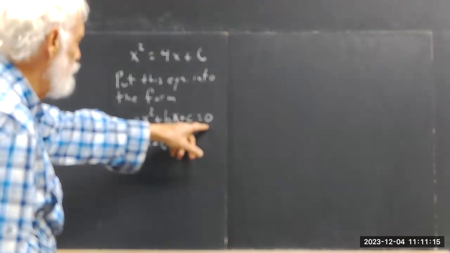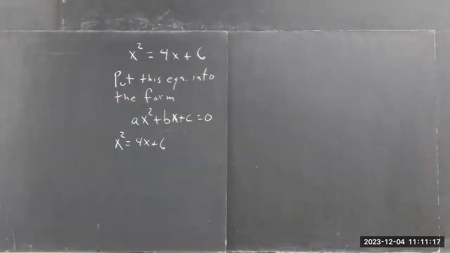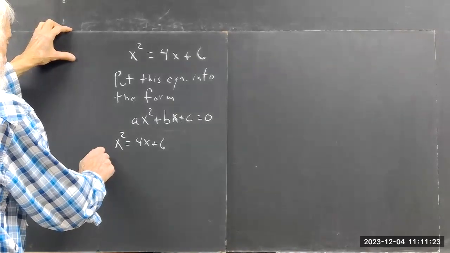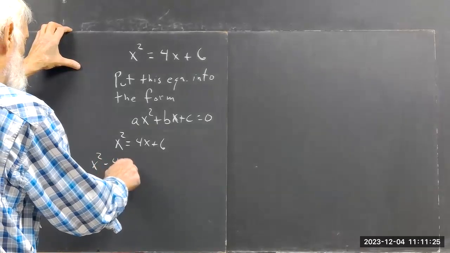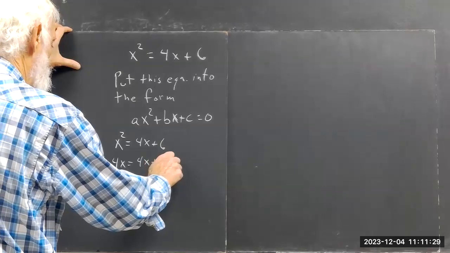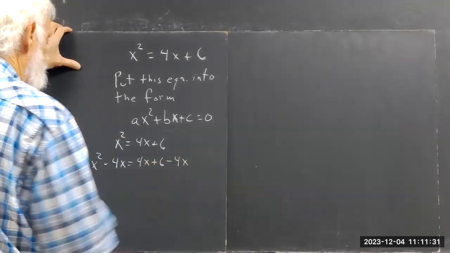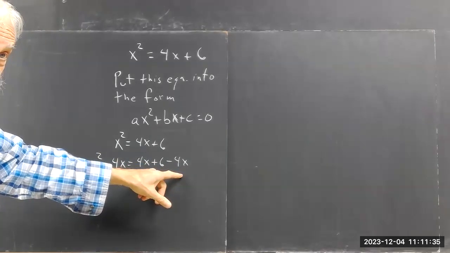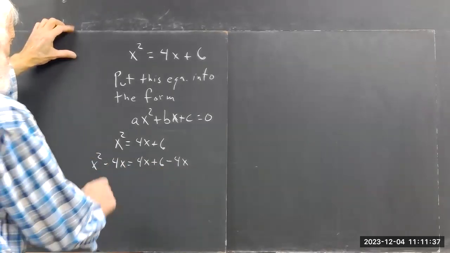we've got to get 0 over here. We can't have 4x over here. How do we get rid of 4x on this side? Well, we subtract 4x from both sides. And 4x minus 4x is 0. So we get